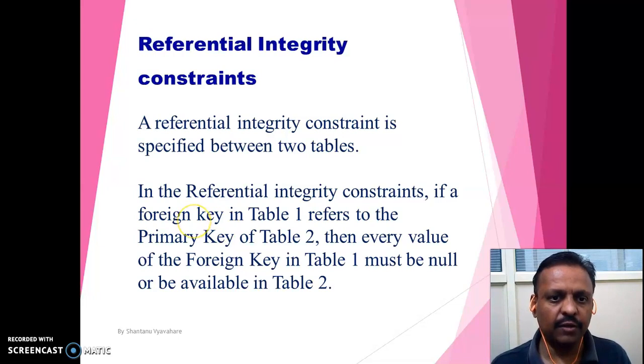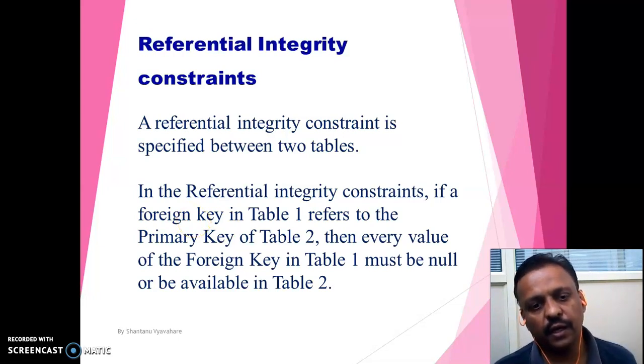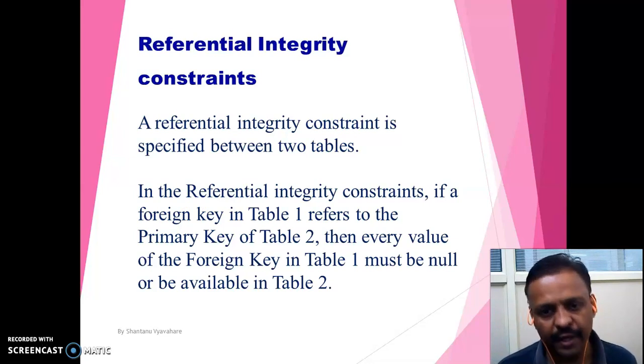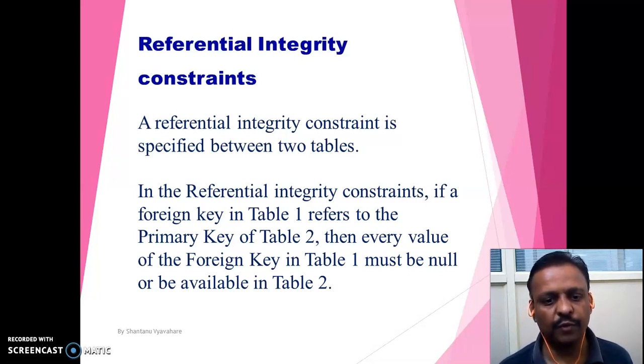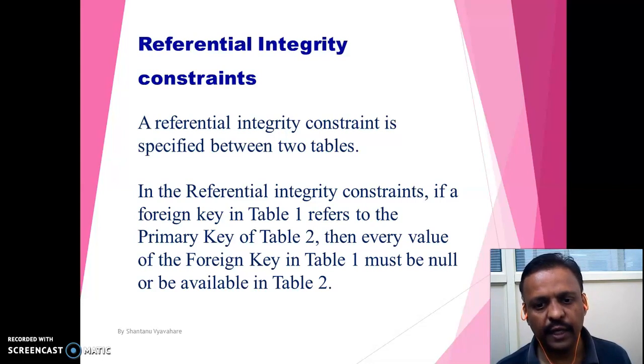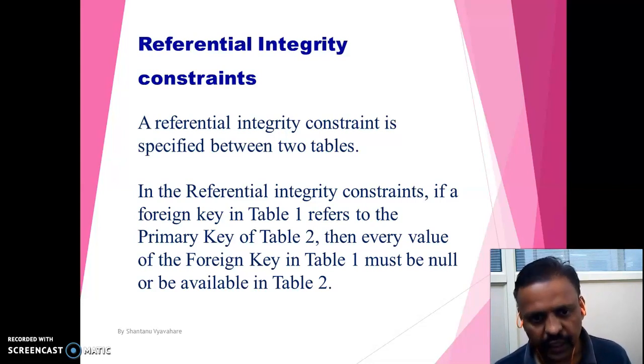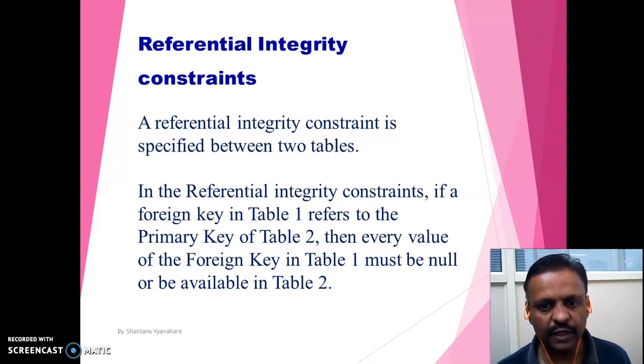So in that explanation, basically there is one table having a primary key, and there are some values from 1 to 10 in that table, suppose. While creating another table, if you give the reference of one column to that previous table, which has values 1 to 10, then the second table must contain values from 1 to 10. Otherwise, it should not contain any value other than 1 to 10. That is called a referential integrity constraint.